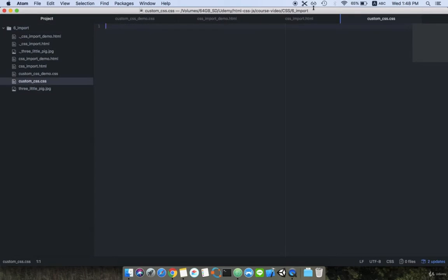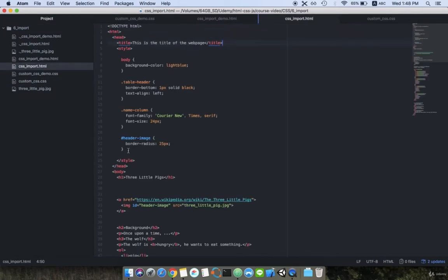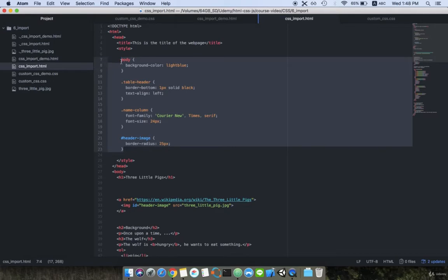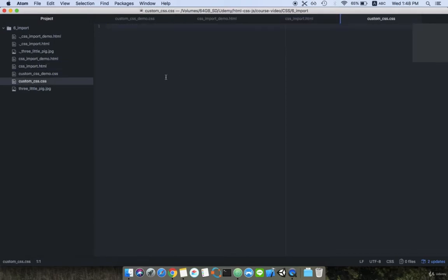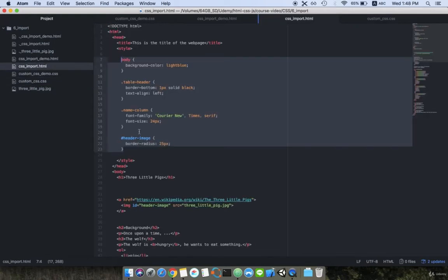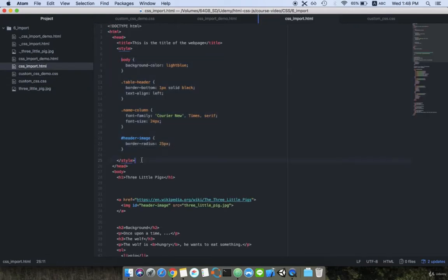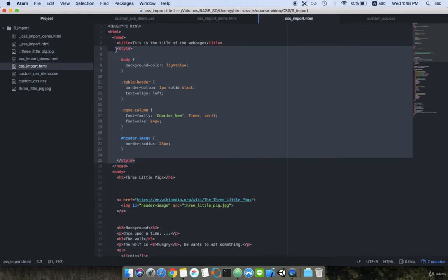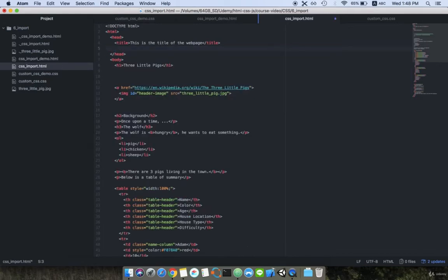So I hit enter. The first thing I want to do is to copy all the CSS into the CSS file. So you don't have to add the style tag, you just need to include everything inside the style tag. So now after we copy it, we remove it, and then we need to add a line to indicate that we want to import the CSS from the custom_css.css